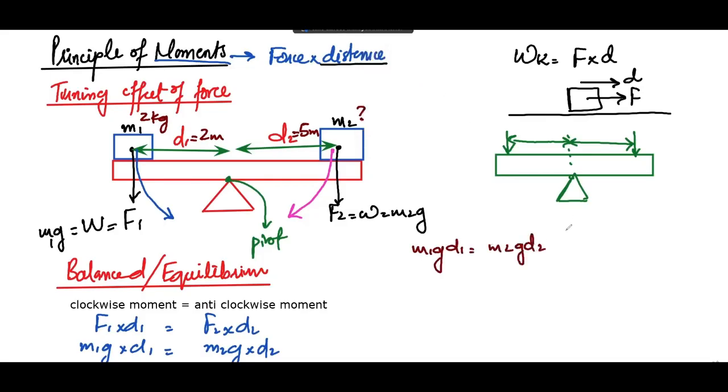One interesting thing about this is that the value of g can be cancelled out. It is not required for this question. Why? Because the whole system exists on the same planet. So whatever mass, whatever force it is exerting, that would have the same value of g for both sides. So we are only left with mass into d. That would become 2 into 2 equals to